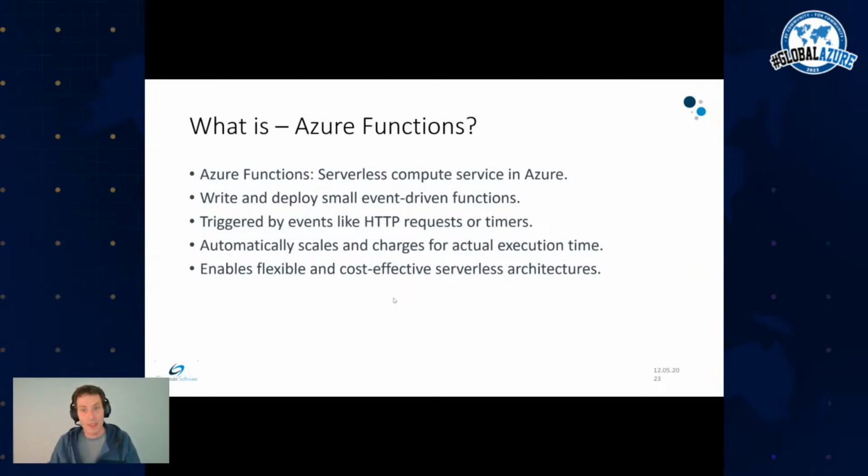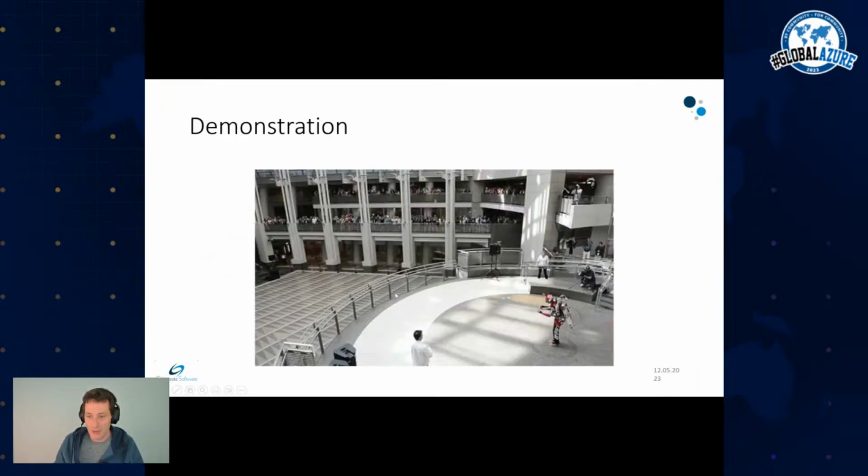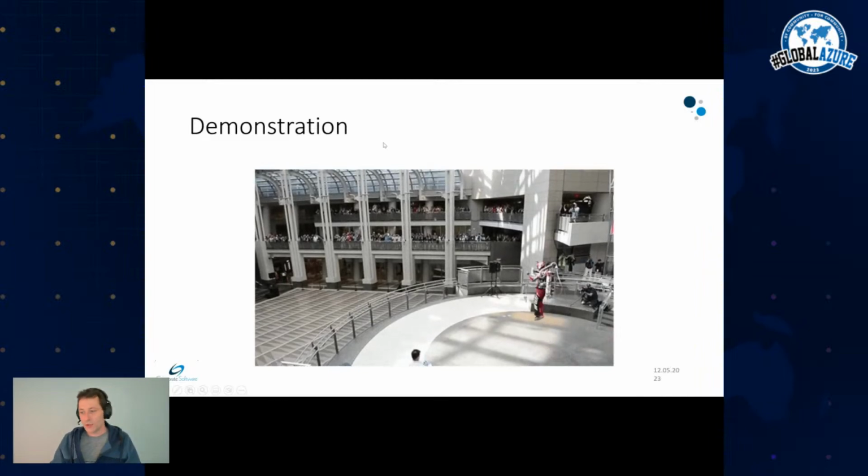It's triggered by events, timers, whatever. We will trigger it by an HTTP call. You are billed by execution time, and it's really flexible. And it's pretty cheap compared, for example, to a VM running 24/7. So let's go to our demonstration,